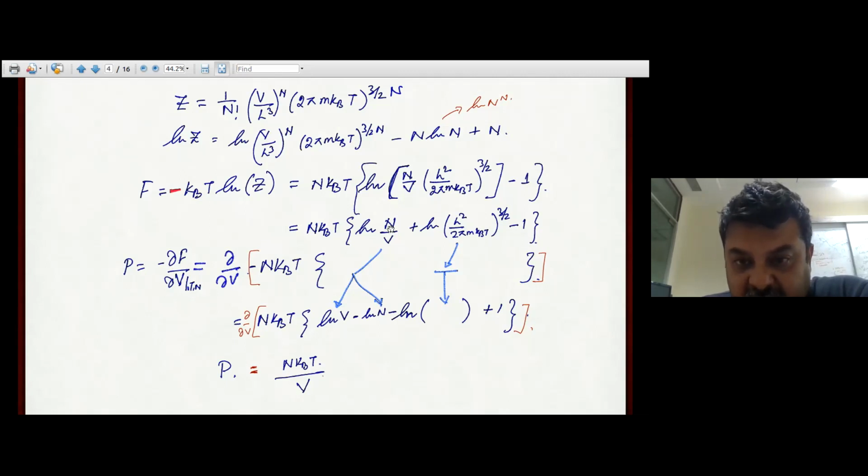And if you take a derivative with respect to V, so this minus sign goes in again, and you have ln V minus ln N minus ln this term, but none of these terms depend upon V. So when you take a derivative with respect to V, only this ln V contributes and gives a 1 by V, and as a consequence, P equal to N kB T by V, which is the ideal gas equation. Now, this was known previously